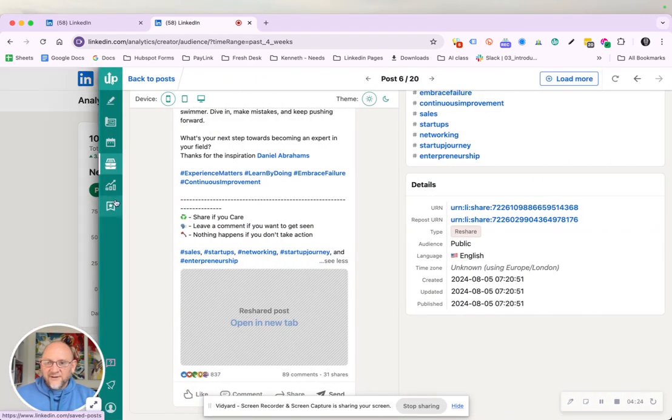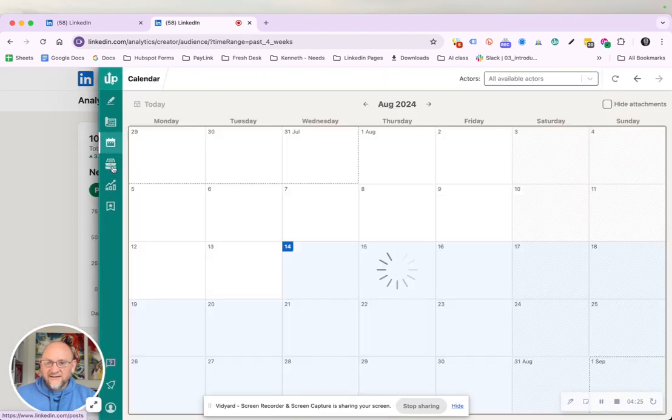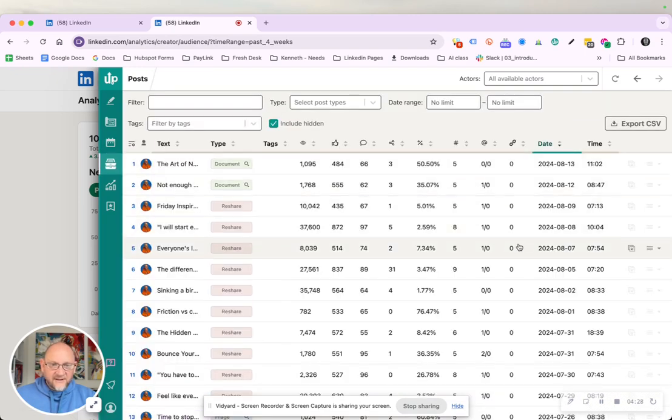So then we go to our calendar. There we go. So we go to the 5th, and we go to the 2nd, and notice the big difference. 4 reshares and 31 reshares.